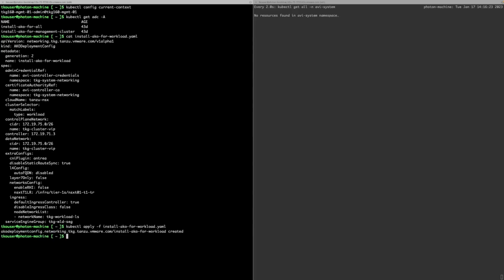And you'll see that that has been created. And if I do a get again, we'll see the object I just created. And then the second thing I need to do is apply that label type equals to workload to our workload cluster. So in order to do that, I'm going to execute a kubectl label cluster, and then the name of